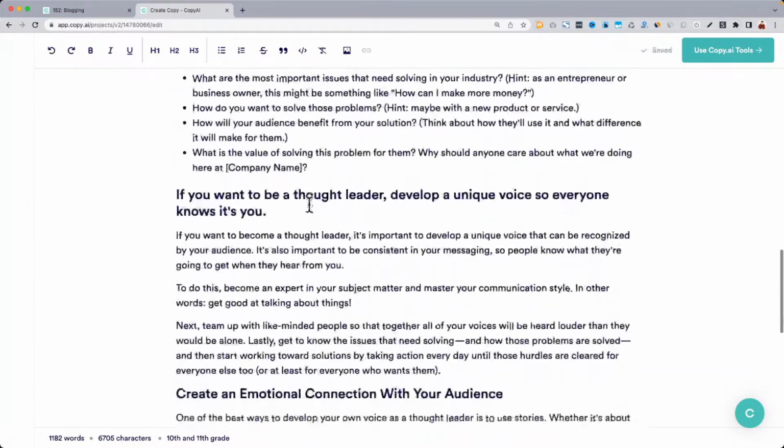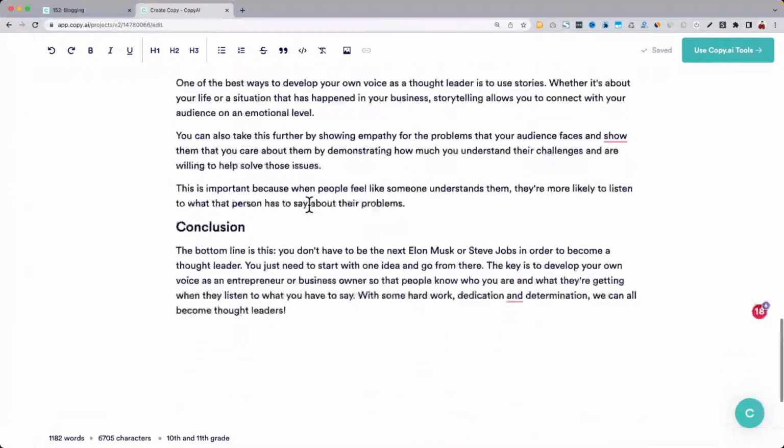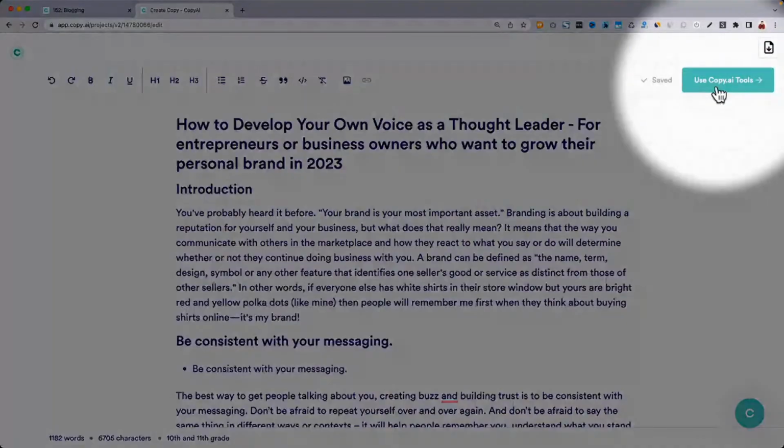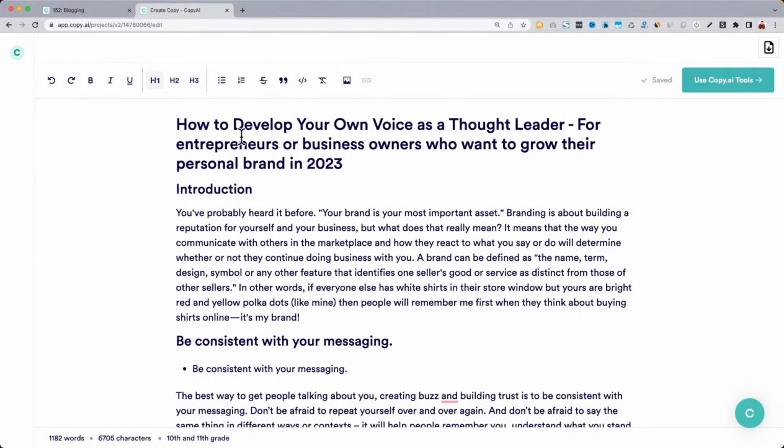Those who scan down, that's the next stage of this, is to tinker with it a bit. The next thing you can look at here in the top right is to use the Copy AI tool. So what you can do is grab all this and use it on your blog. You can grab it from there and just paste it wherever you want. Let me go ahead and show you